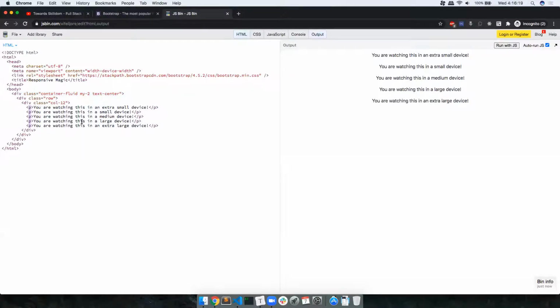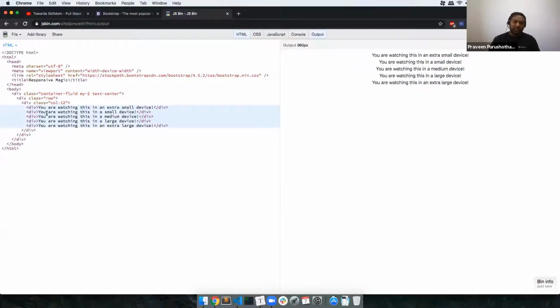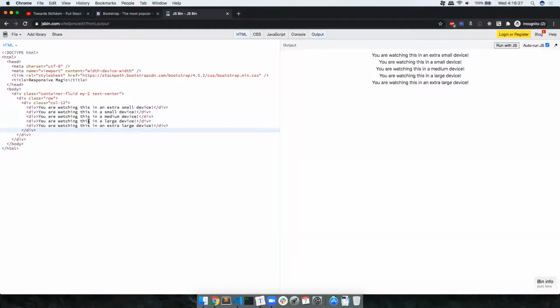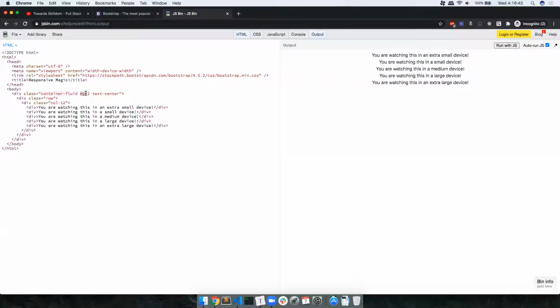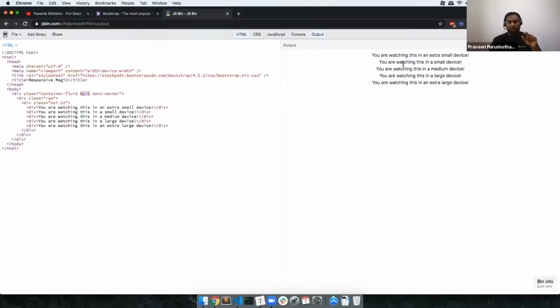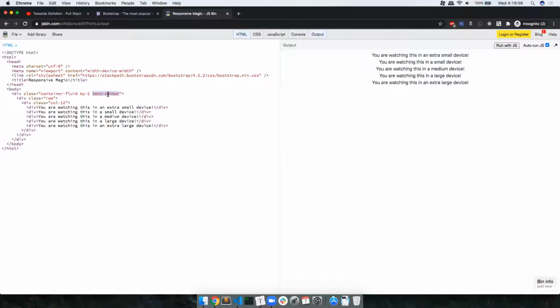So did you just program inside a class name? Inside a class name in the sense? Container is a class, right? container-fluid is a class, my-2 is another class, text-center is another class. Three classes I have used for this div. The reason I use container-fluid, row, and col-12 is the normal grid system. And my-2 for the y-axis, I want some margin because it needs some space. Text-center, I want all the text to be centrally aligned. That's why I added text-center. Okay? Yeah, all right. Thank you.